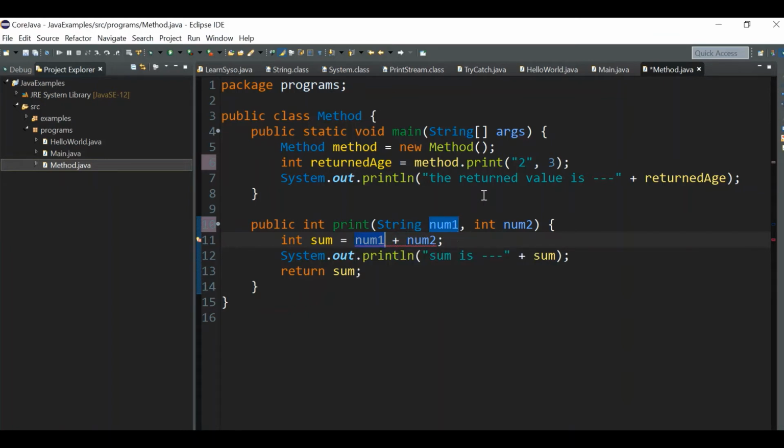This is how you can pass any other data type. Based on the data type, the format will change. Format in the sense that if it is a string, you have to put it in quotes. Let's say if it is a boolean, it will be either true or false, like this. So I hope you got an idea about how to write a basic function or method in Java.